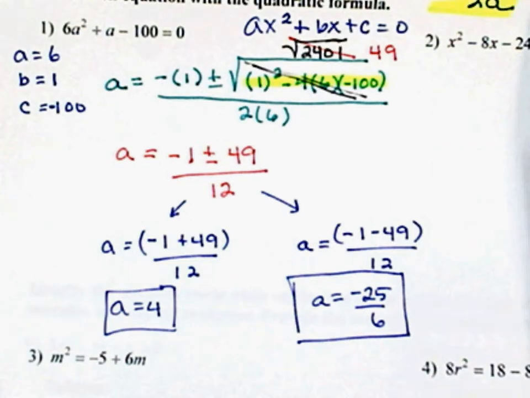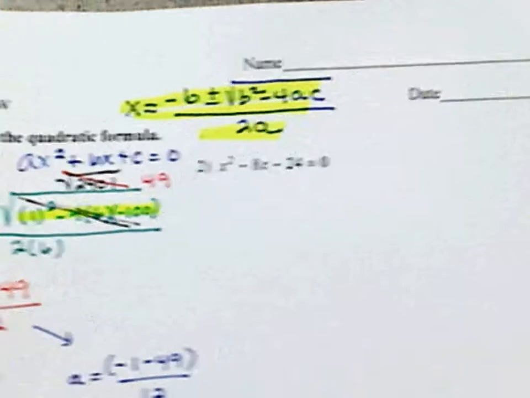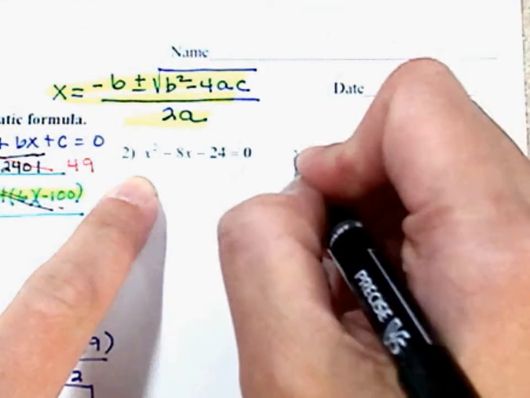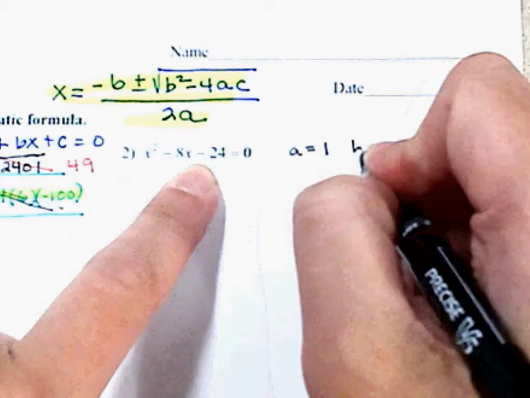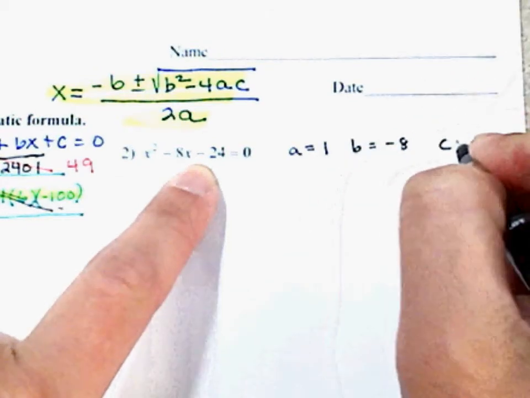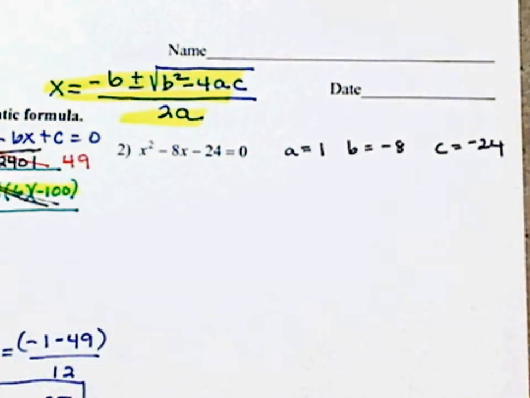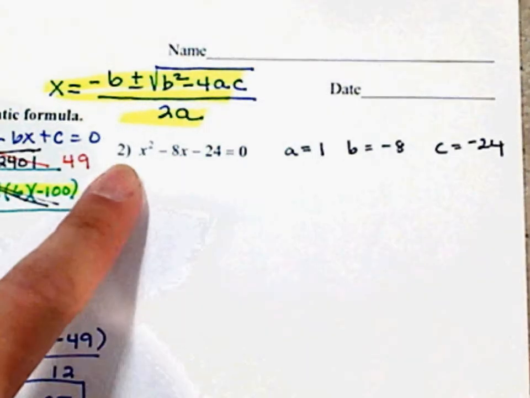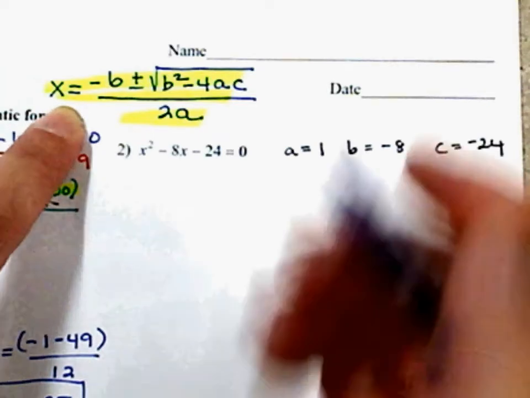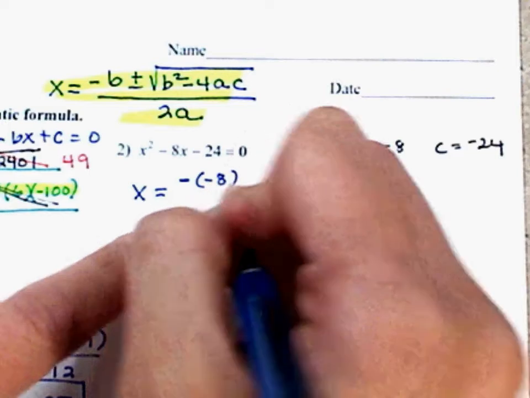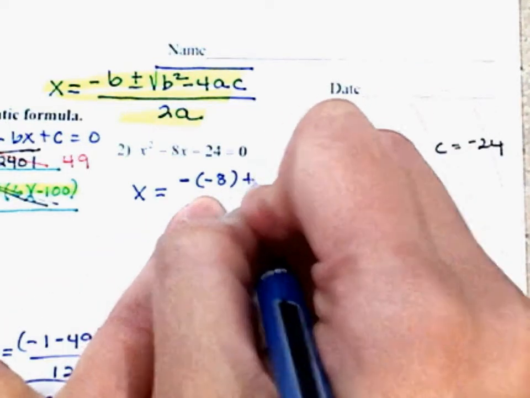Okay. Number 2. Here we go. Okay. There's number 2. All right. A is 1. B is -8. C is -24. Use that information to fill it into your quadratic. Here's your quadratic. X equals -b, which is -8, plus or minus square root